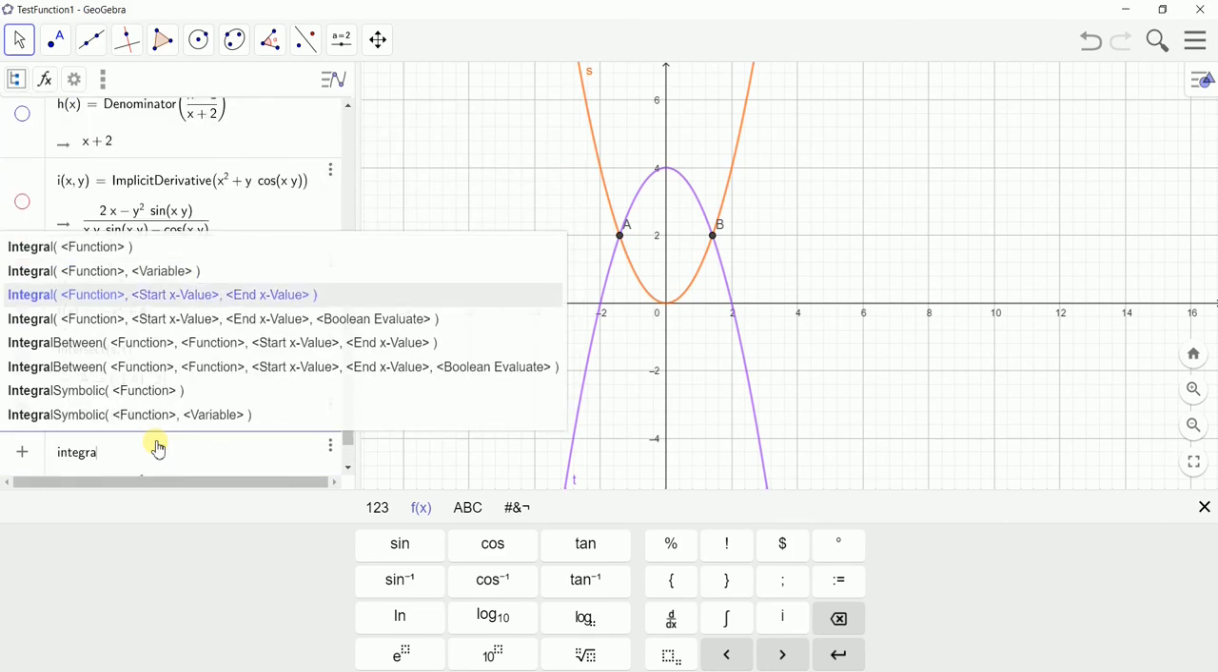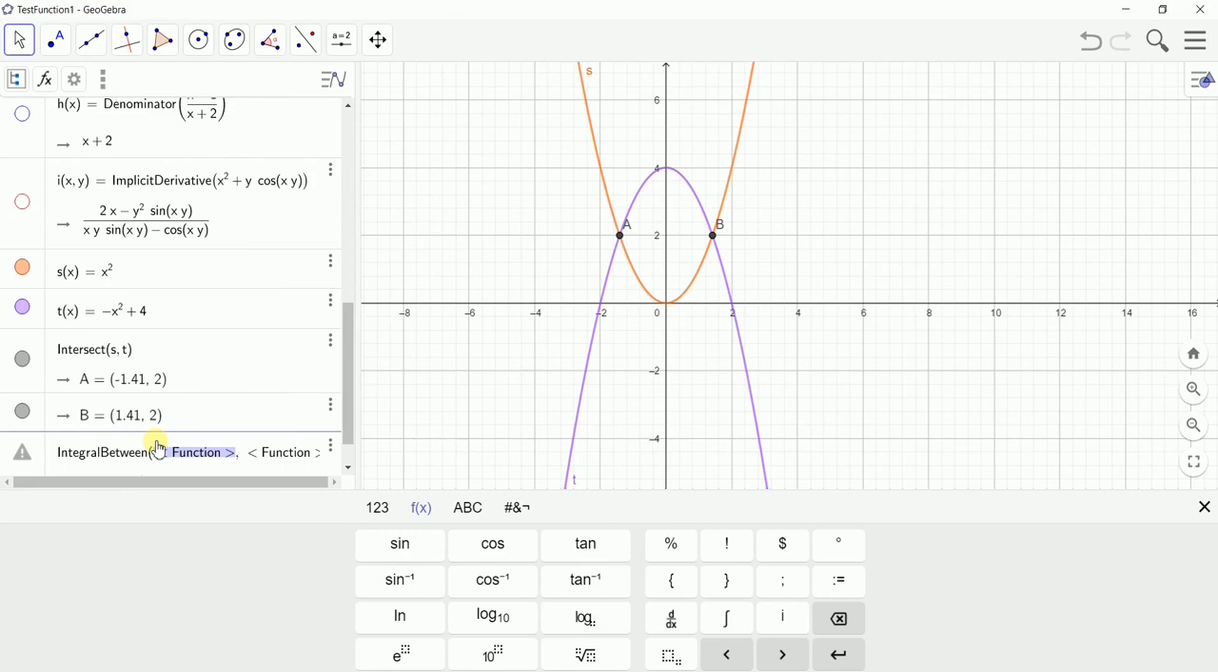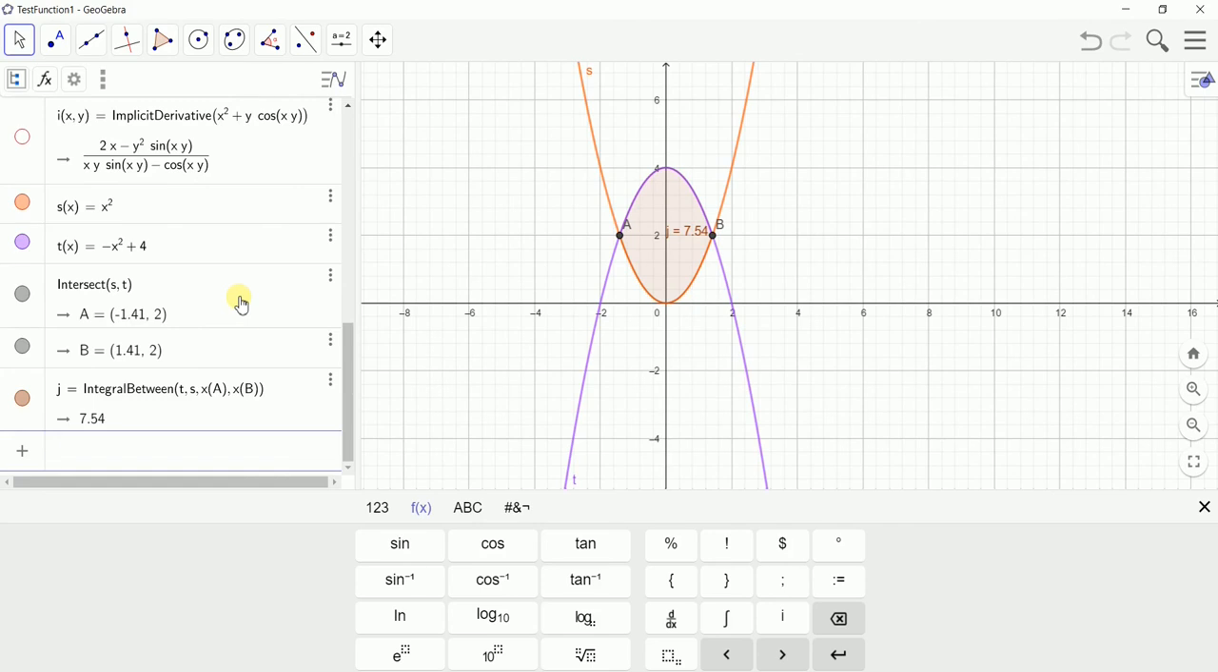So we give integral between, and integral between our top function. Yes, that is important that you write the top function first so that you get a positive answer for the integral. Otherwise it will give a negative answer. It will work anyway. So t is our top function, s is the bottom function. Our start value is the x coordinate of A, so we'll write x of a, and then x of b. That will give the x coordinate of b. Now you see the area between is highlighted, and we enter, and there it is,